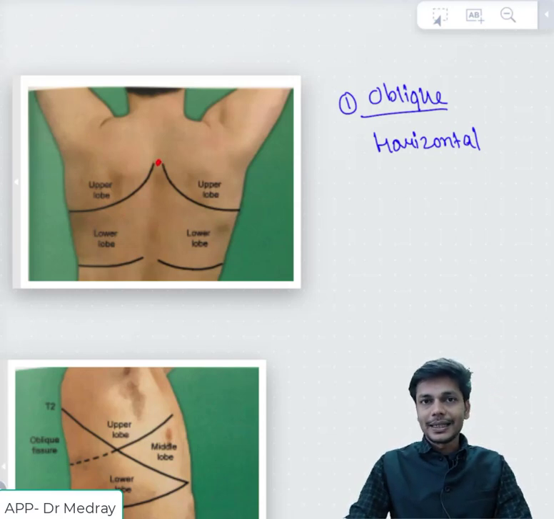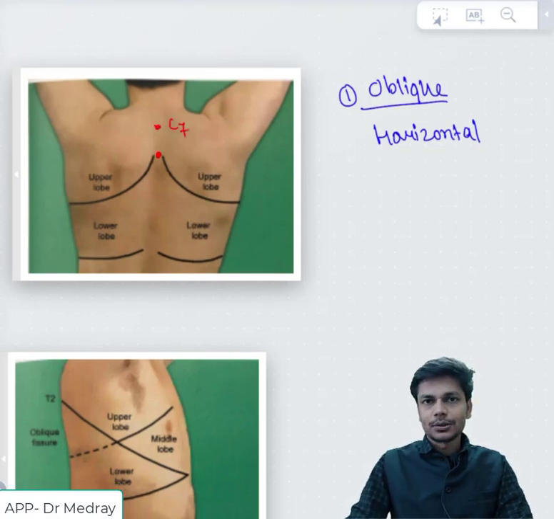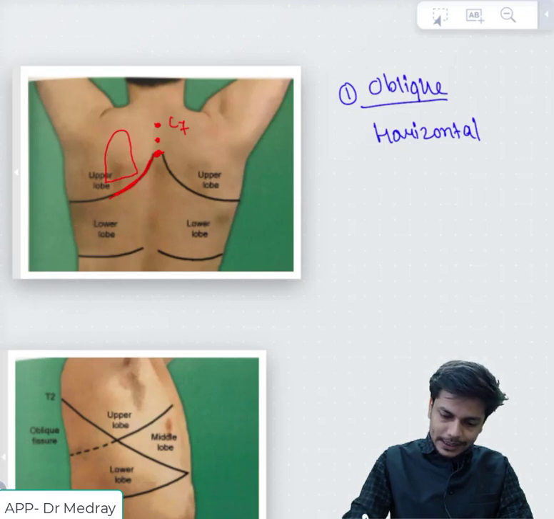As we know, the most prominent cervical spine while palpating in the cervical region is C7, the spinous process of the C7 vertebra. After that the thoracic vertebrae start, T1 and T2. So we start demarcating from the T2 spinous process. We draw a line from the T2 spinous process along the medial aspect of the scapula, towards the mid-axillary line,